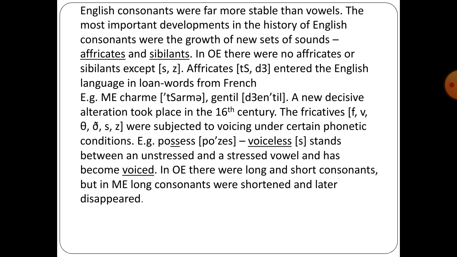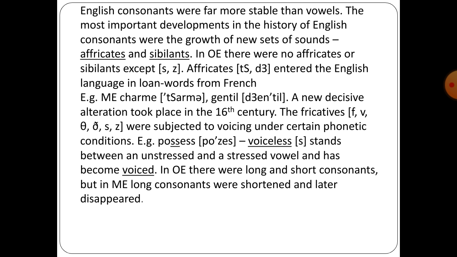So English consonants were far more stable than vowels. The most important developments in the history of English consonants were the growth of new sets of sounds, affricates and sibilants. In Old English there were no affricates or sibilants except s and z. Affricates ch, j entered the English language in loan words from French. For example, Middle English charm,